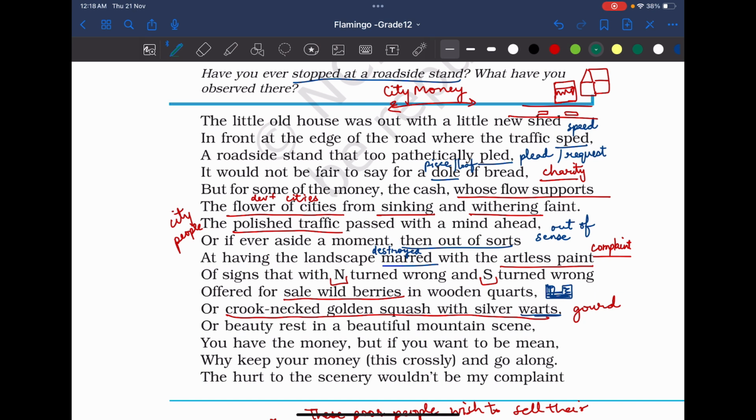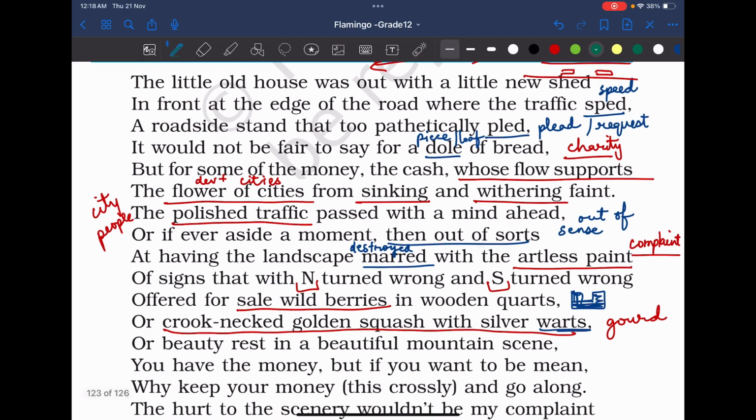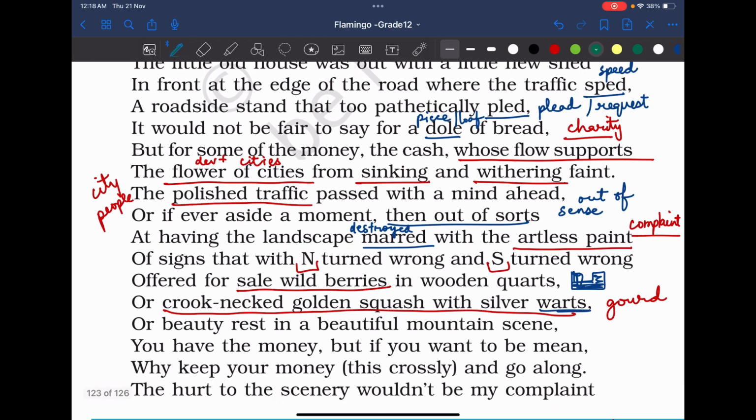The little old house was out with a little new shed in front, at the edge of the road where the traffic sped. A roadside stand that too pathetically pled, it would not be fair to say for a dole of bread. But for some of the money, the cash whose flow supports the flower of cities from sinking and withering faint, the polished traffic passed to the mind ahead, or if ever aside a moment, then out of sorts, at having the landscape marred with the artless paint, of signs that with N turned wrong and S turned wrong, offered for sale wild berries in wooden quarts, or crooked-necked golden squash with silver warts, or beauty rests in